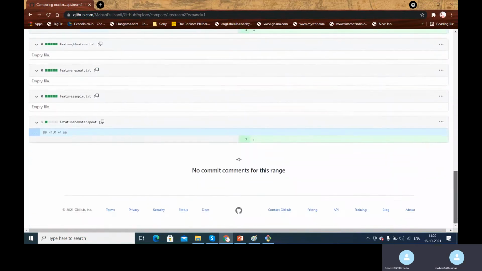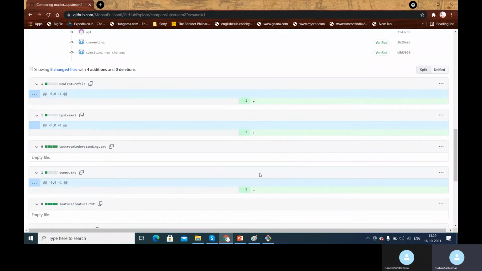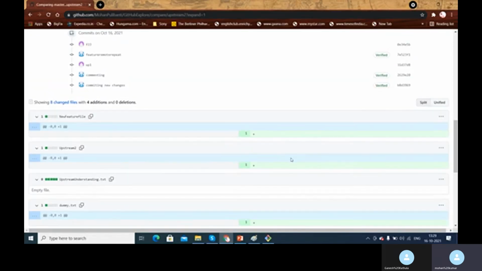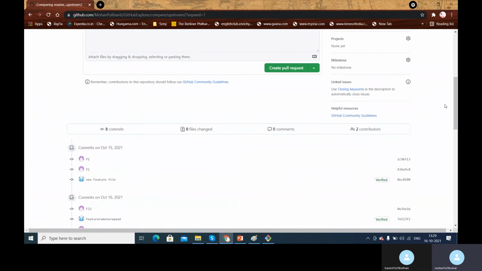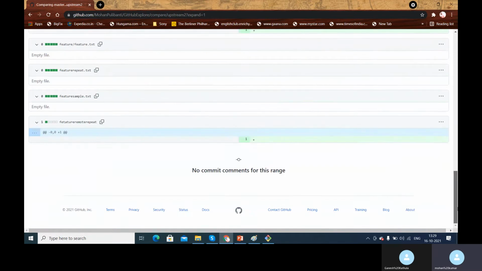And if you scroll down, you will see all the changes that are being done at different commit levels. So this is a new feature file upstream 2. These are all the text files that we have. As we haven't added any commits, we were not seeing any differences. But if we add some commit differences, let's say in the next step, it will show what is the difference that you have done in this particular commit: what is the code that was there earlier and what is the code that is there now. We will shortly see that as well. We will add a certain comment, do a change, and then see the differences. But now you can see all the comments that you have done, all the details about this particular branch.